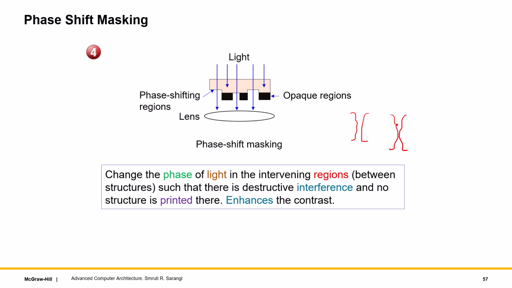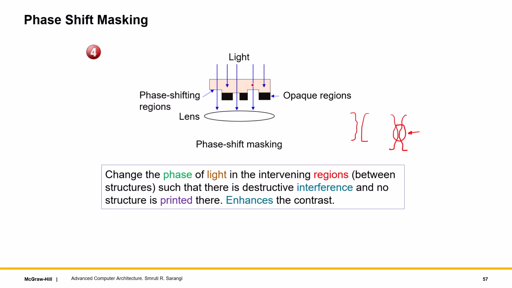So what I want is that in this region over here, I don't want any structure to get printed. If I don't want anything to get printed, what I can do is have a phase shift material, which will basically shift the phase by 180 degrees. So how can I do that? Well, one way that I can do that is that I can have